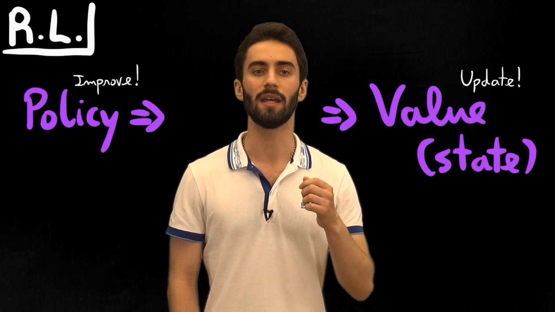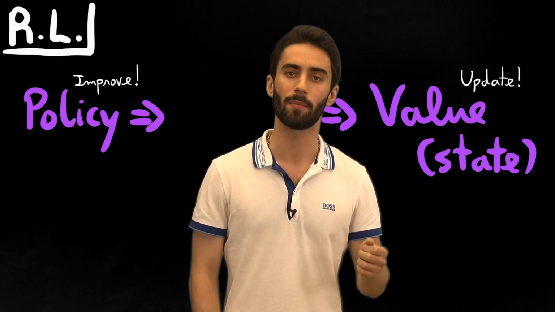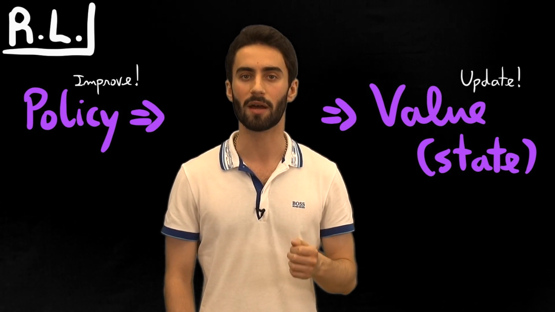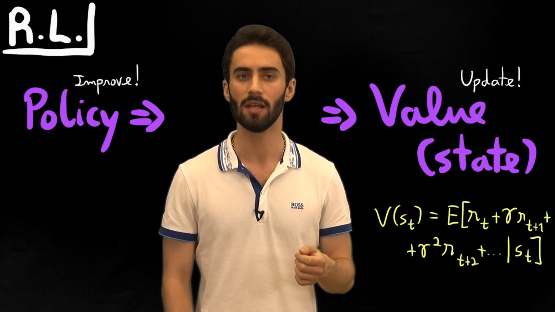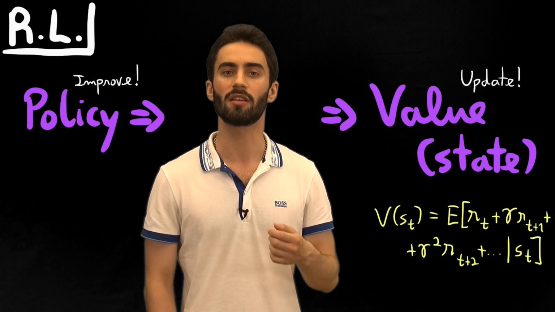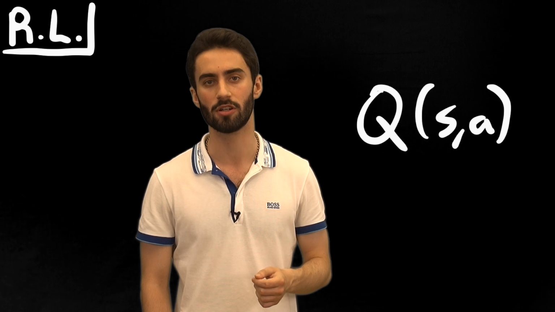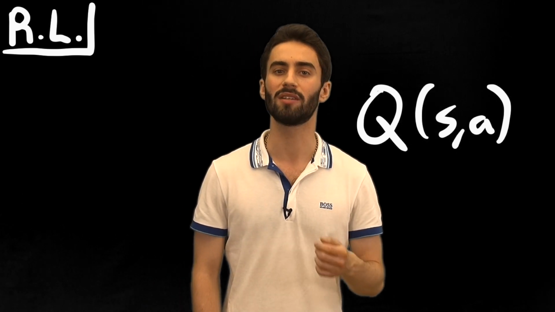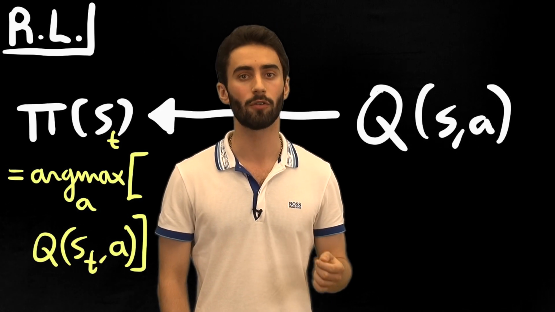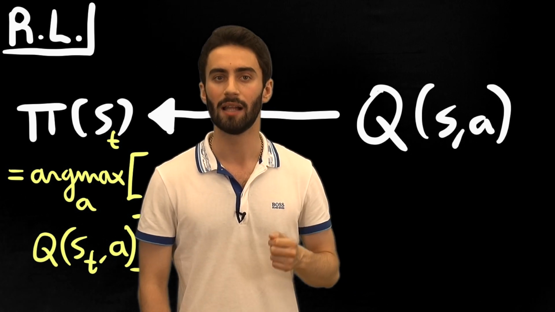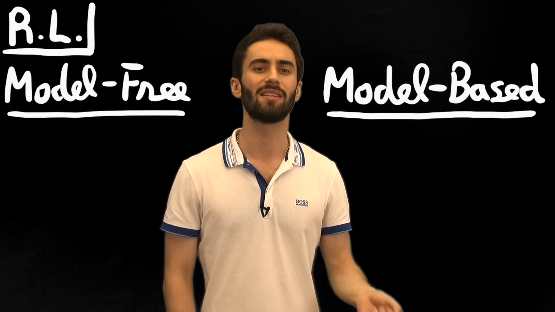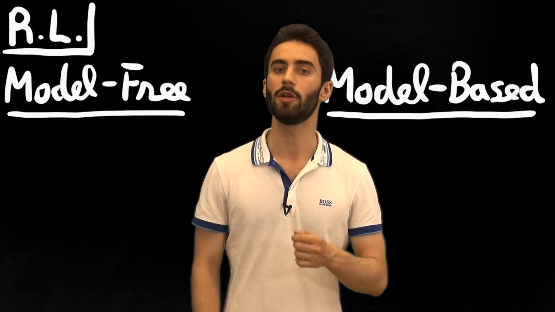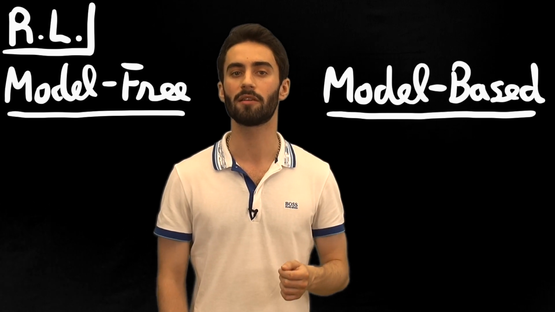Reinforcement learning works by iteratively improving the policy while updating the value function, trying to maximize it. This function attributes a value to each state under the current policy by estimating the next reward plus discounted future ones. Alternatively, one can use a state action value function, which attributes this value to a state action pair instead. This allows for a policy to be read directly from it, like the action with greatest value for the present state. State or state action value functions can be obtained by model-free or model-based methods.